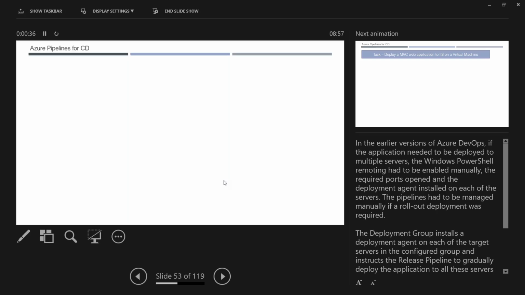Continuous deployment means you have different environments, let us say QA, UAT, pre-production, production. There can be a number of environments. When you have continuous deployment in place, there won't be any approval mechanisms required. Everything is automated.